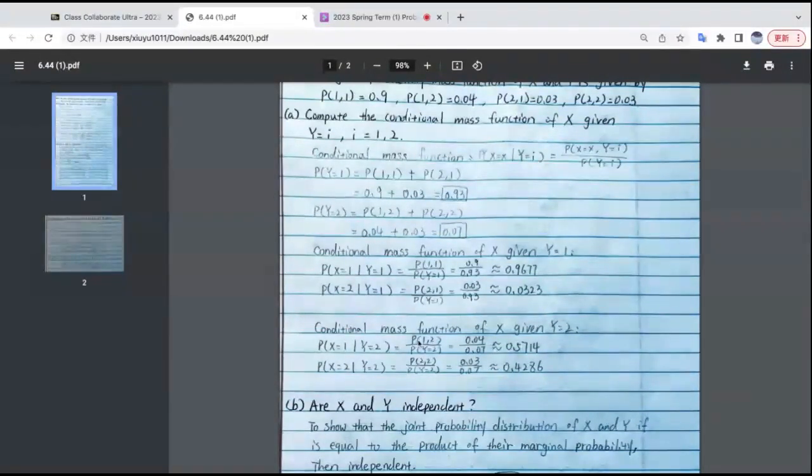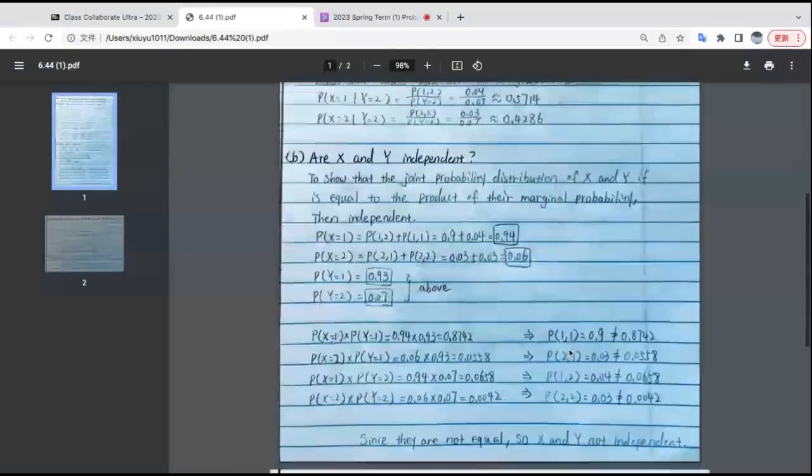And the conditional mass function of x given y equal to 2, which is x equal to 1 given that y equal to 2, is probability of (1, 2) over the probability of y equal to 2. So it's about 0.5714, and the probability of x equal to 2 given that y equal to 2 is probability of (2, 2) over probability of y equal to 2, and it's about